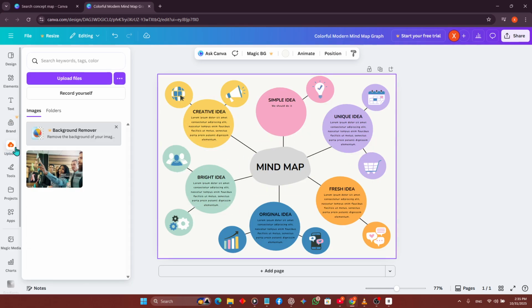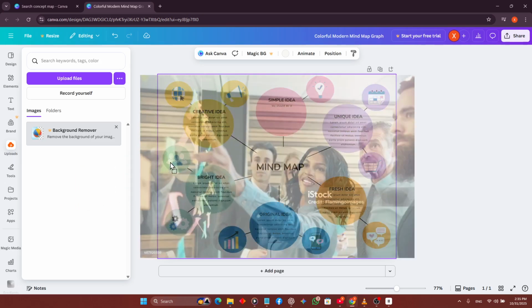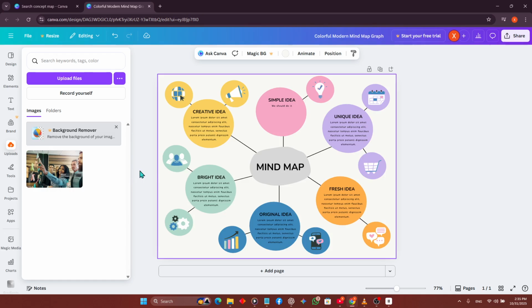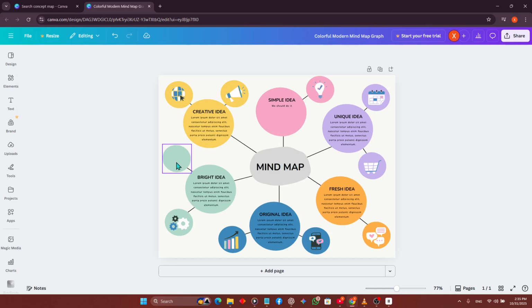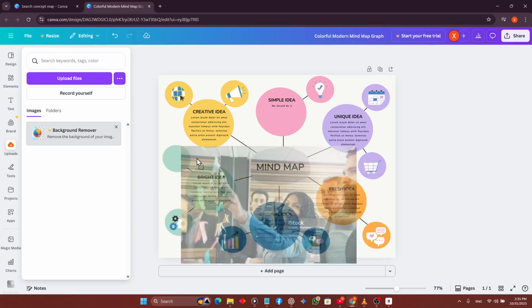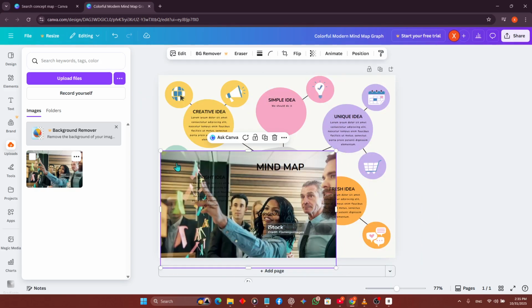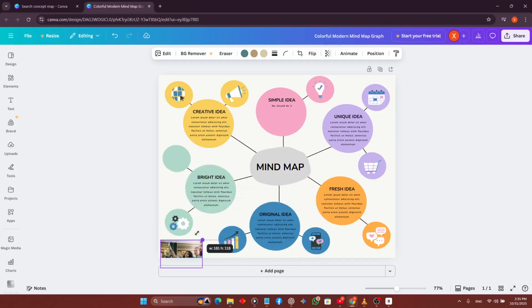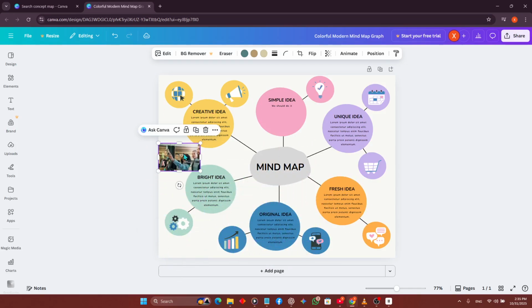and structure. To make your concept map visually engaging, adjust the colors and font to match your style or brand. Click on a shape to change its color, or use the color palette at the top to pick custom shades. You can also switch fonts to make key ideas stand out, or use consistent text styles to keep it clean